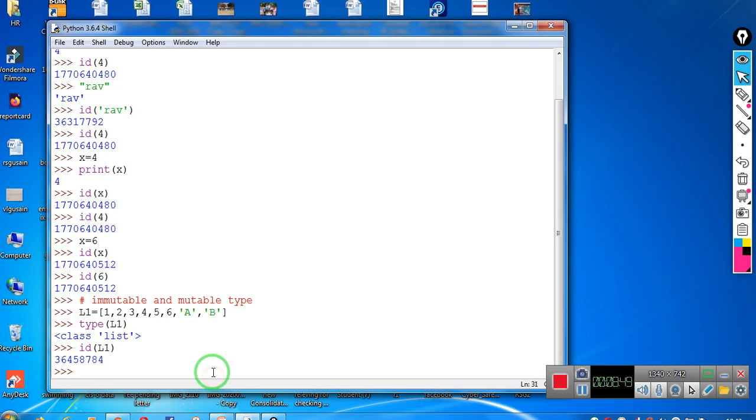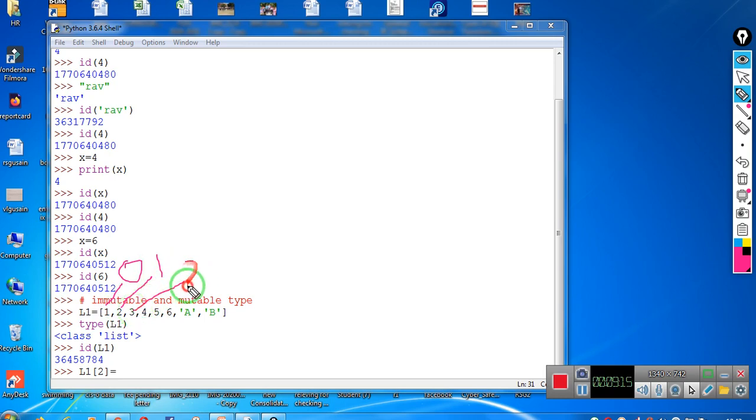So if you want to change the value in the list L1, suppose I want to change the value which is present at index number 1. As all of you know, the first value will have index number 0, the next value will have index number 1, the next value will have index number 2. So the index number of the values always starts with 0. If you want to access a value, you have to specify its index number.